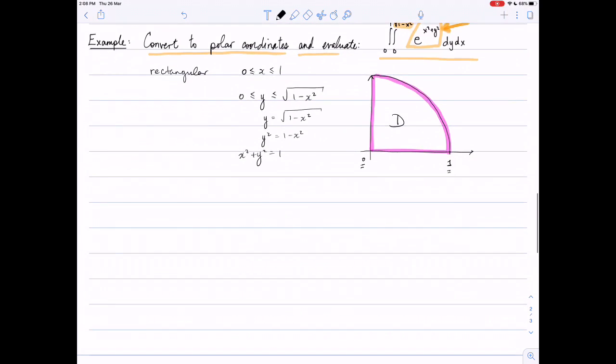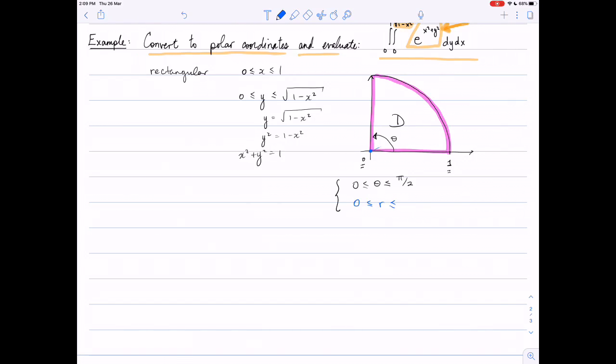So theta between constants, theta is going from here to here, right? There is theta. So 0 is less than or equal to theta is less than or equal to, and that is a right angle, pi over 2. And then the question is, where does the radius go? What is the inner radius and the outer radius? Well, the inner radius, there is no kind of inner curve, so the inner radius would be 0. 0 is less than or equal to r is less than or equal to